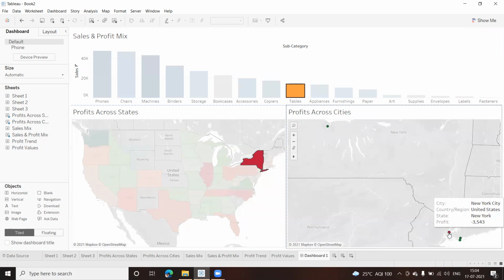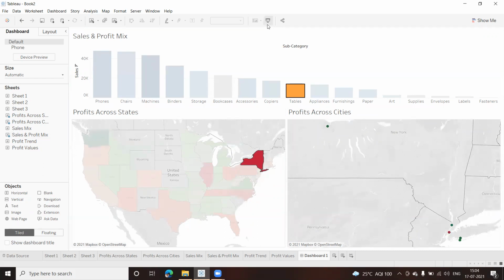New York City is the area giving me a problem in tables, whereas the other cities are a bit better. Look at this: minus 265, minus 153, minus 347. But this one, minus 3,543. That is how we can create a picture.